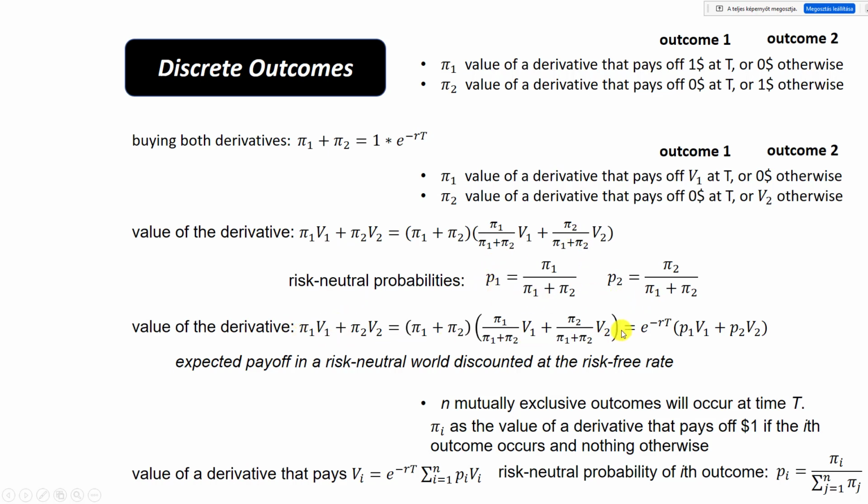So let's put together everything, and now we can say that, okay, the entire value of the derivative will be this weighted average of the V1 and V2. Just in this case, the weights will be the probabilities of success. And of course, we should not forget about our friend here, the present value,